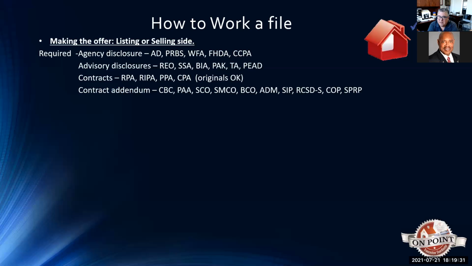Now the CBC is somewhat abated. It's not something you use often, mainly because the CBC verbiage is on page 10 of the RPA. I think it's section D, if I remember correctly. And it talks about the agent's commissions or the buyer's agent's commissions. Now, if you're going to modify those commissions, or you're not a member of the MLS for whatever reason, you would use the CBC, okay? It has now been updated to 2 pages, which it used to be 1 page, but the CBC, again, is abated. You don't normally use it, but these are contract addenda that now you can add depending on your